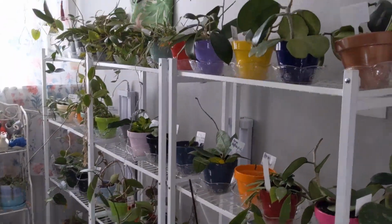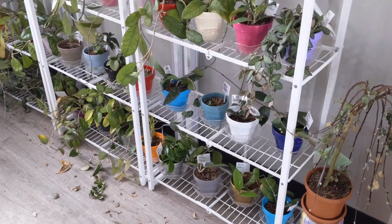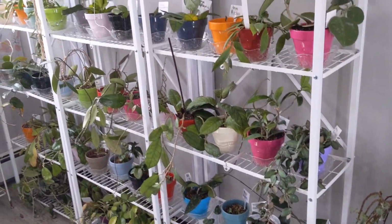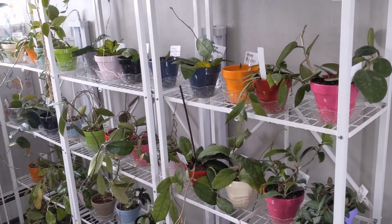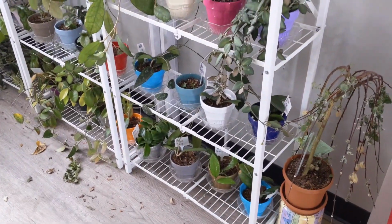All right, guys, so these, let me stand up and back up. Hold on. All right, guys, so these are the Hoyas that I have in my collection. Like I said, if you're going to have Hoyas, you're probably going to have mealybugs. Just treat them when you see them. They don't really kill the plant. I'm not sure about root mealies. Root mealies probably would do more damage than just regular mealybugs,